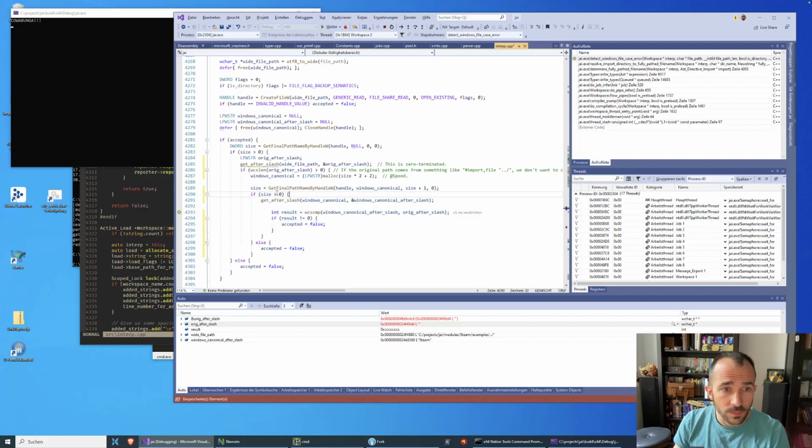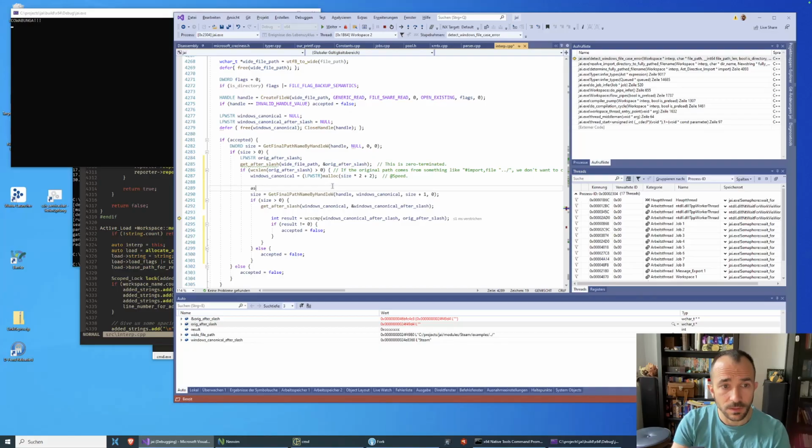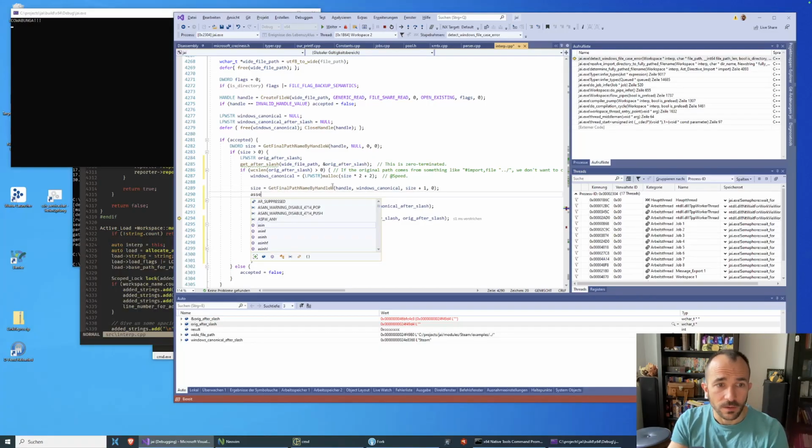This is also stupid. Like we checked here, this we can assert here instead. Fuck this editor. Assert size greater than 0.